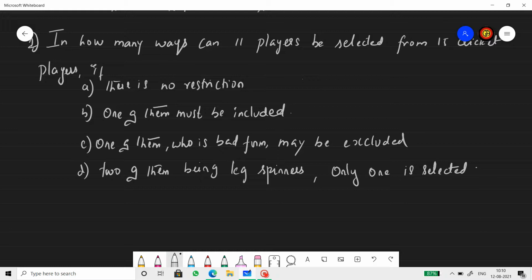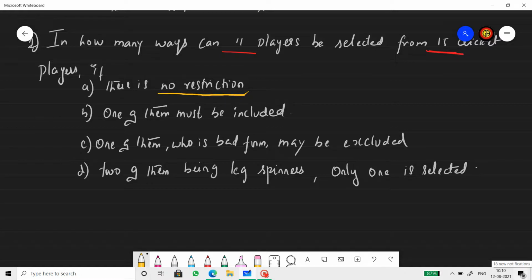So let's start. In how many ways can 11 players be selected from 15 cricket players? Now, the first case where there is no restriction.